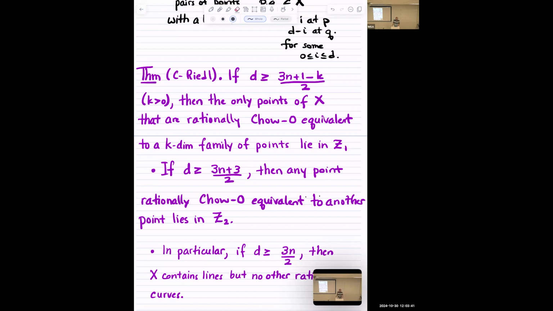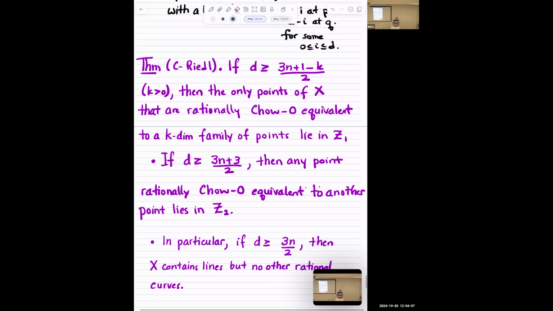So points that are rationally Chow zero equivalent to a K-dimensional family of points have to be these points where you have a line of high contact order. And similarly, if you make the degree at least (3n plus 3) over 2, the only points rationally Chow zero equivalent to any other point lie in